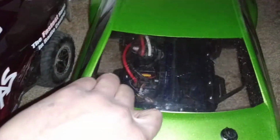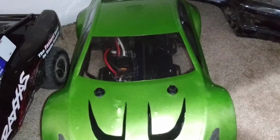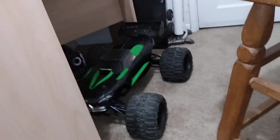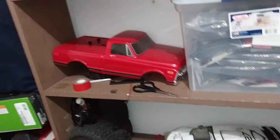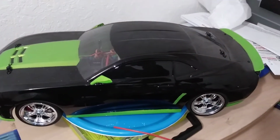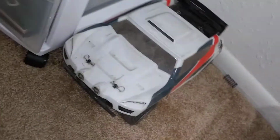So this is my Slash Rally with an 8 scale in it, a 1/10 scale vehicle with an 8 scale in it. My buddy just got into the hobby. I just had him pick up a Slash 4x4. And then I got my X-Maxx, my original E-Revo, and then I got obviously some of my Vaterra V100 boxes, which my Vaterra V100 is over here. That's my V100, a custom body. It's shelf clean. And then I got my Flux down there, Flux HP, and I got a little Vaterra Basher. But anyway,